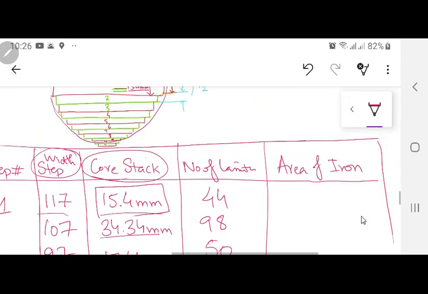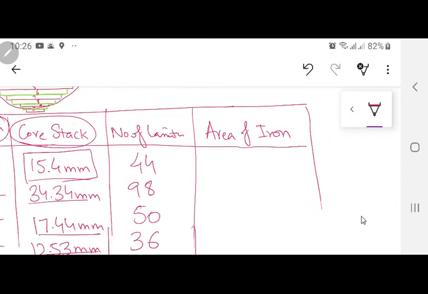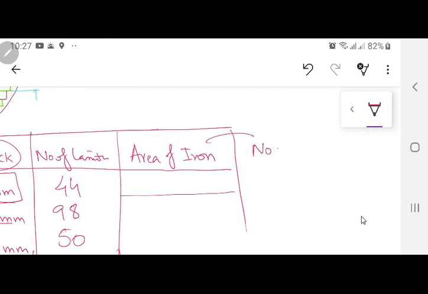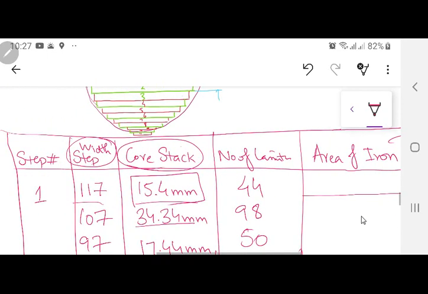Now, when you have found out the laminations over there, can you find out the area of each lamination? Now, this is a reverse calculation again. You have found the number of laminations and rounded it off. Now that number of laminations multiplied by, here you are not going to take the insulation, okay? Because I am trying to find out the area of the iron. So for the area of the iron, you are going to have number of laminations multiplied by 0.3, not 0.35. 0.35 was for the insulation material. And you are going to multiply this one by what?